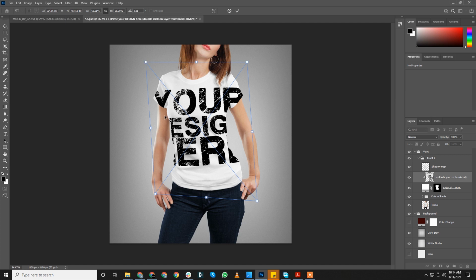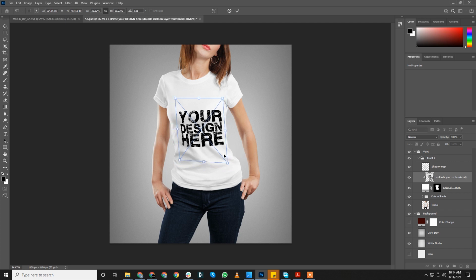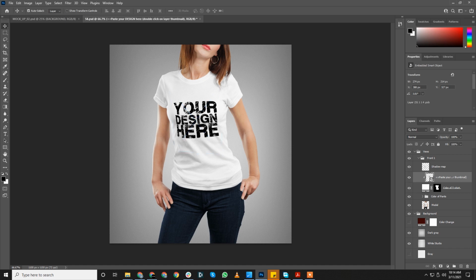We want the bounding box to cover only the t-shirt area, not the region outside the t-shirt. So we'll again resize this and place your design somewhere, wherever you like. So now if you can see the bounding box, this is perfectly within the t-shirt, and I'll press enter. So this smart object is now perfectly inside the t-shirt region, and all the designs will be placed here. This is the first issue that you need to solve.